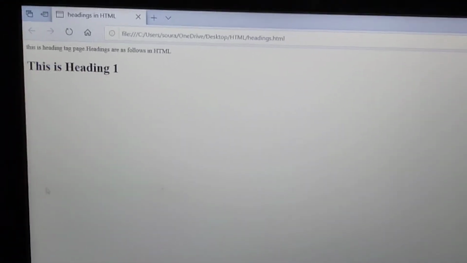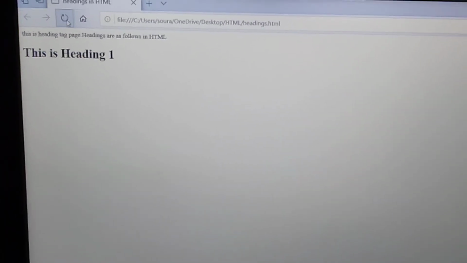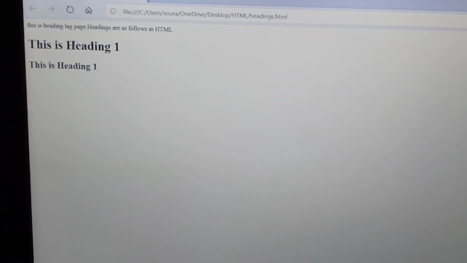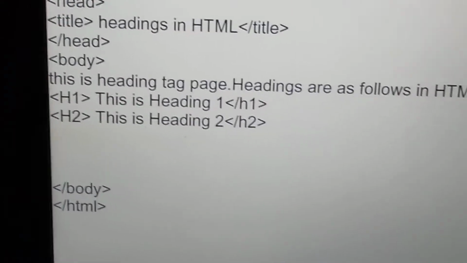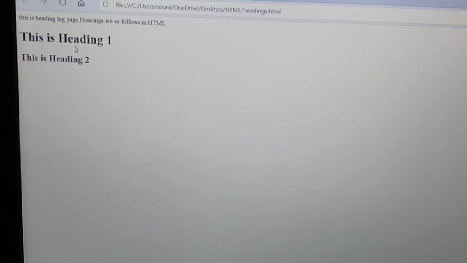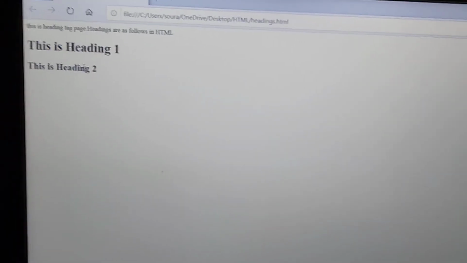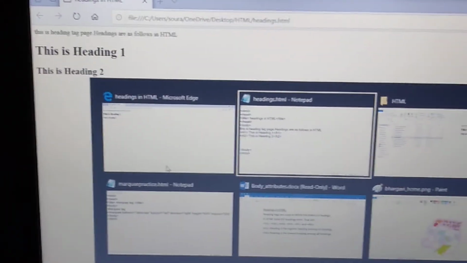So here just refresh it, so you will get this is heading 1. Oops, just a minute, I make here heading 1. So instead of heading 1 you write heading 2. Save it, again Alt Tab and refresh it, so heading 2. So look at the difference between heading 1 and heading 2. So this is heading 1 and this is heading 2.